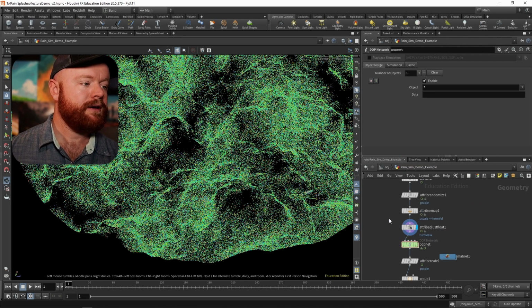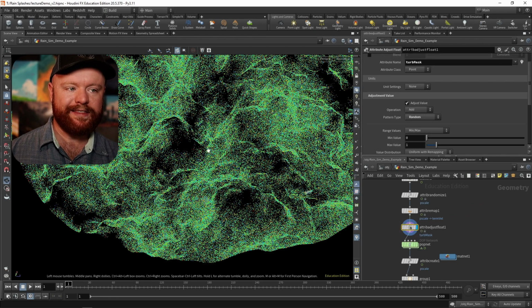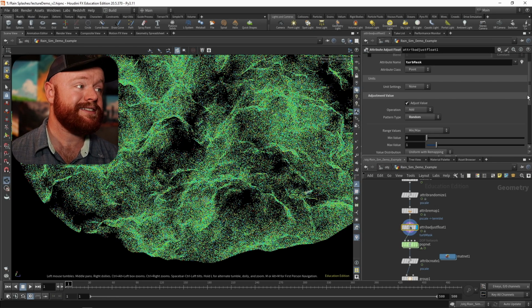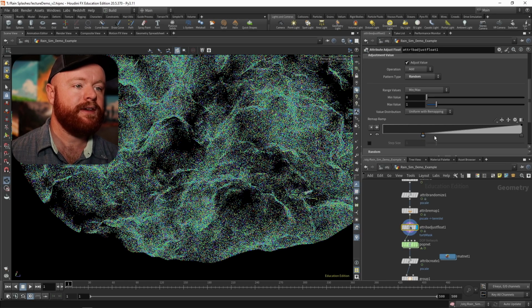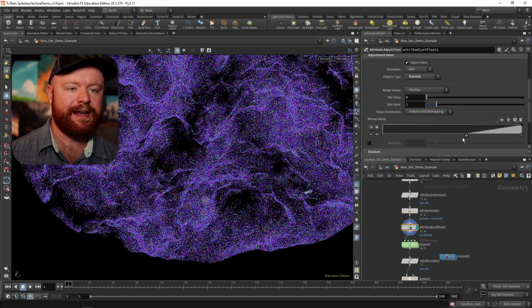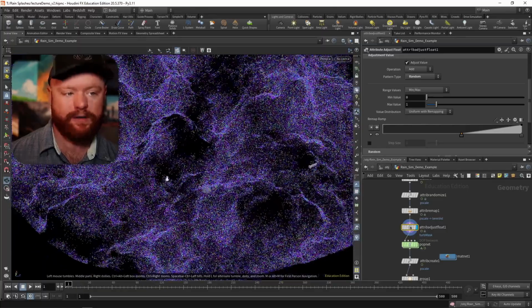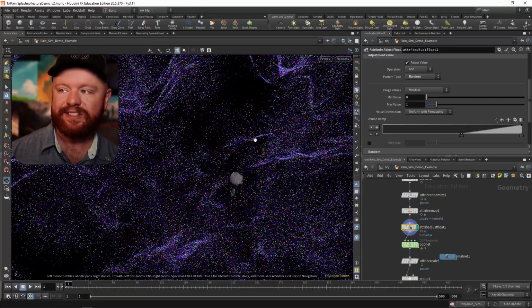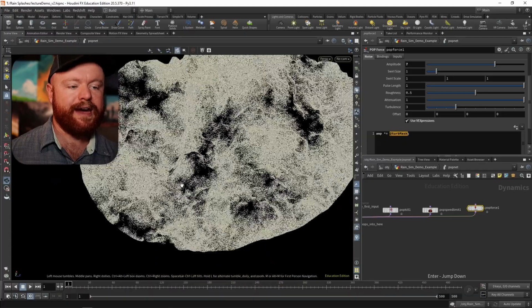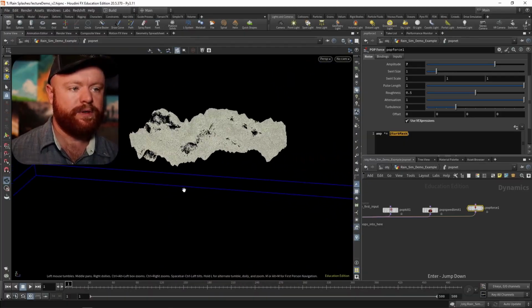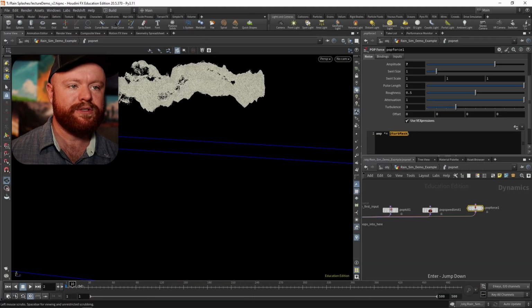So now on our turb mask, I don't want this happening everywhere. I just want a few particles getting affected. So I'll take our ramp here, make most of them purple so that it doesn't affect most particles. But some of these guys are going to now be affected by a turbulent noise. And as I go forward, what we'll notice is that some of these particles now escape the main body of